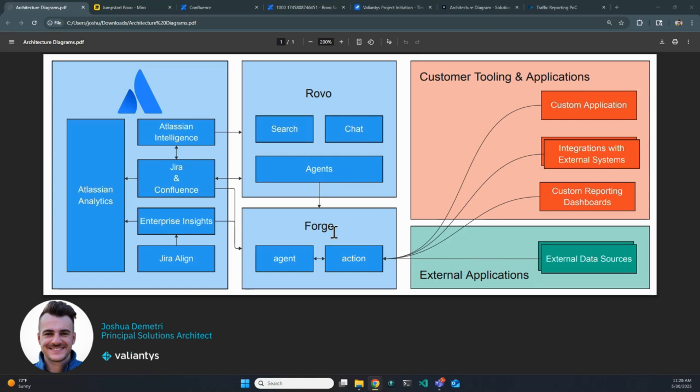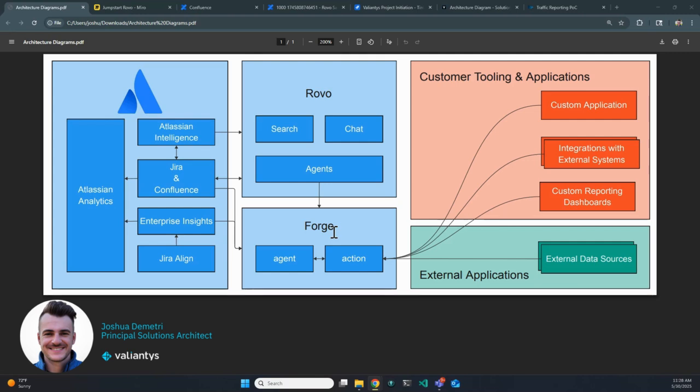So if you haven't heard of Forge before, it's essentially what you would use to build any sort of custom tooling, plugins, anything that you want to put out on the marketplace or just use as internal tooling for your organization. You would build that in this developer platform called Forge. And Forge and Rovo are going to work together here to allow us to connect this AI value to everything across the entire organization. So when we look at the mindset of an AI transformation or cloud transformation that utilizes AI very heavily, we're going to be using Rovo and Forge together